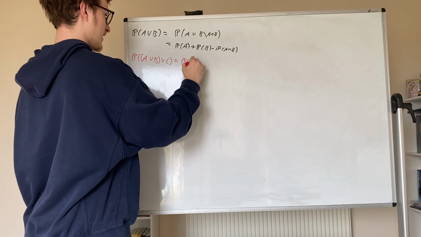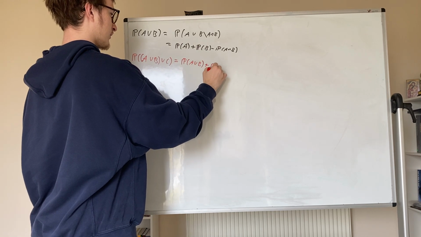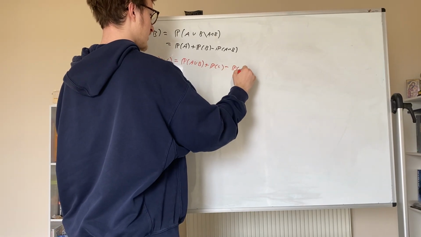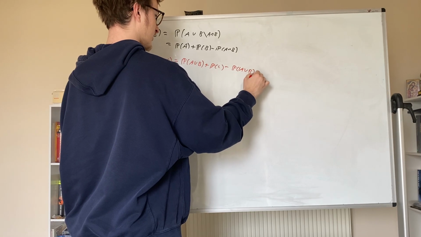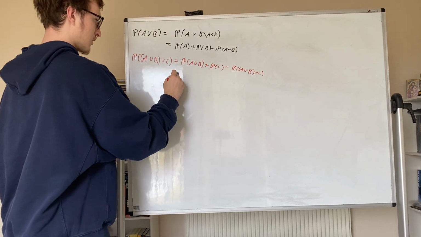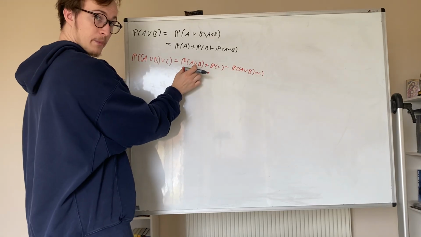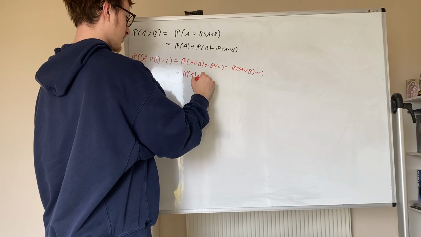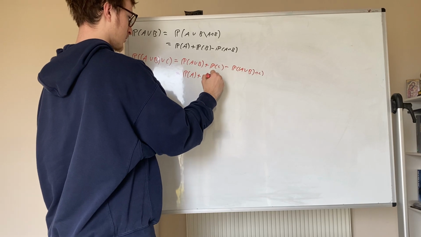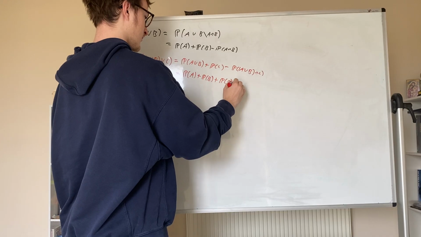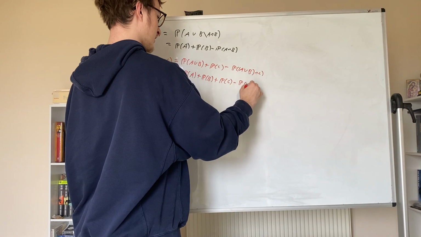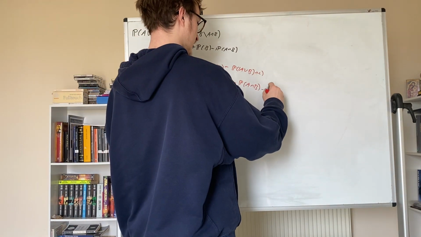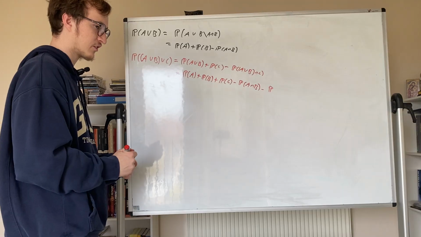So this is the probability of A union B plus the probability of C minus the probability of A union B intersect with C. This is equal to, let's expand this out now: the probability of A plus the probability of B, and then plus the probability of C, minus the probability of A intersect B, and then we still minus the probability of A union B intersect C,